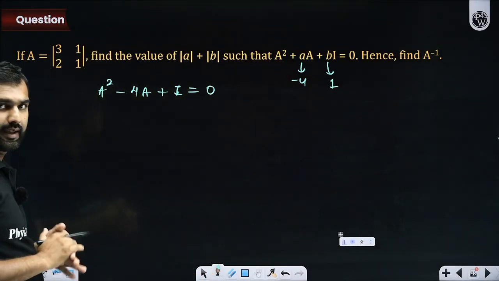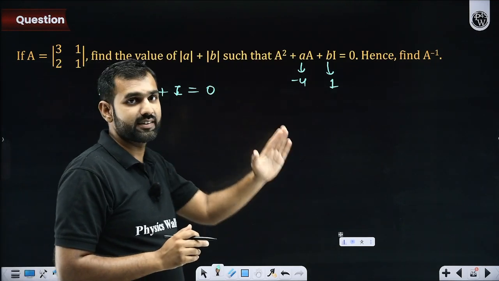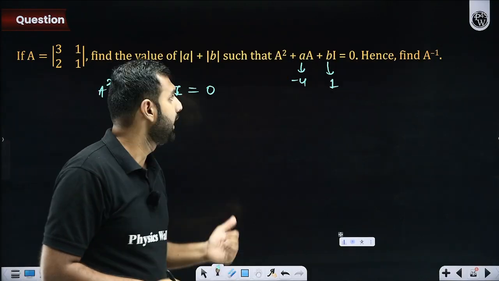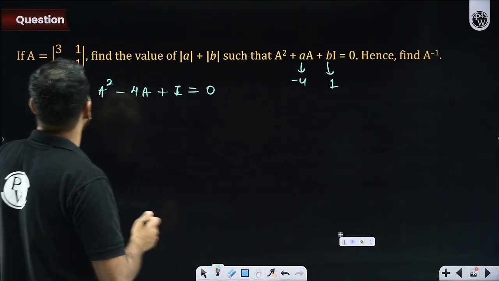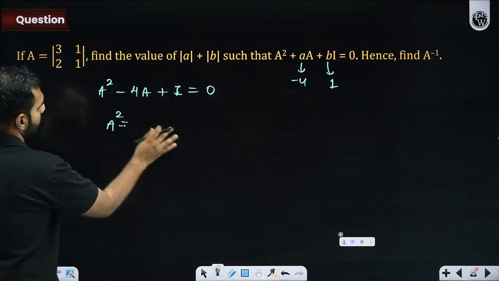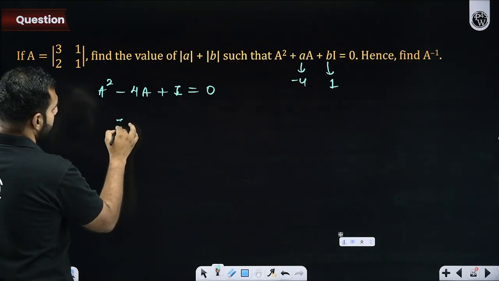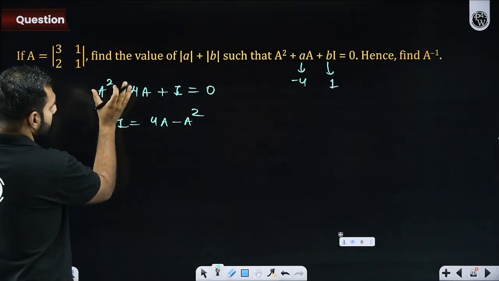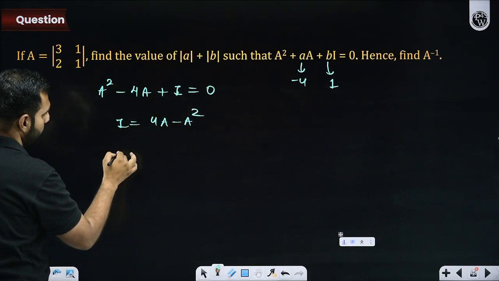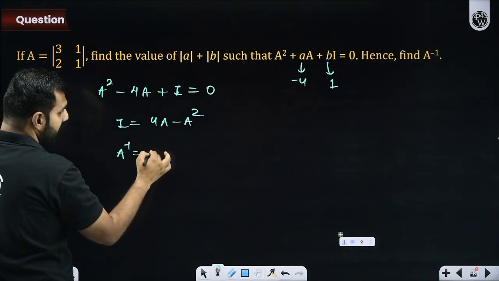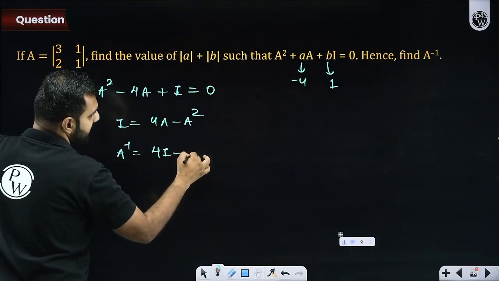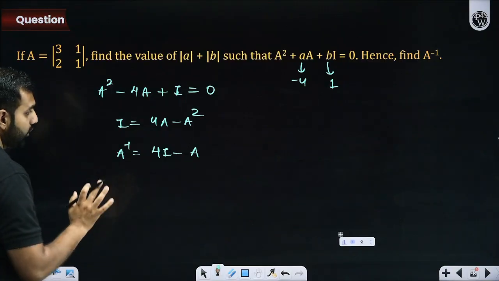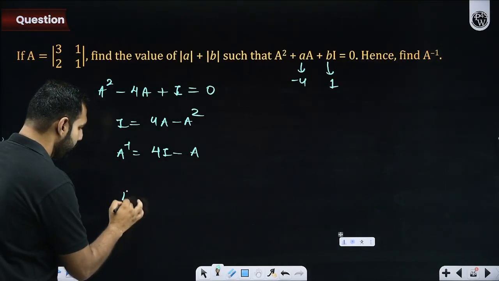So that also gives you the final value here. Have you all gotten this? But of course, take care of the signs, plus, minus, plus. That should also be considered here with A and B. Now, I'm asked to find A inverse. I hope you know how to find A inverse. A square will be, I here will be given by 4A minus A square, yes or no? So A inverse here will be 4A inverse, which is 4I, minus A square into A inverse, which is A. So from here, can you not tell me A inverse? Are you all good at that, or shall I do it? I hope you are comfortably getting it.